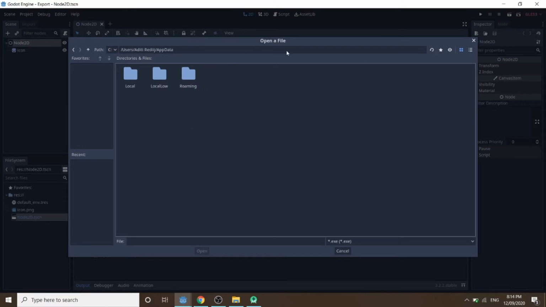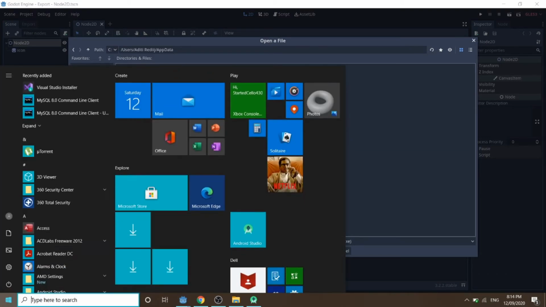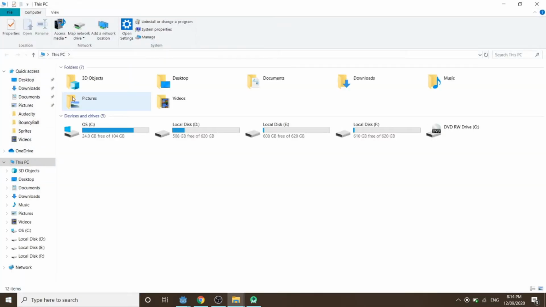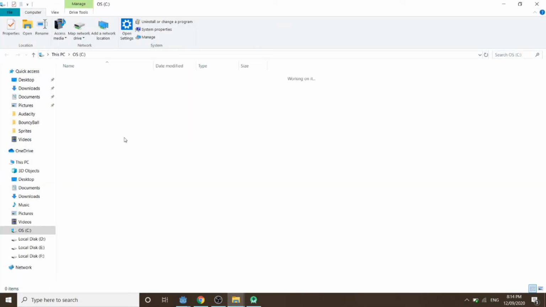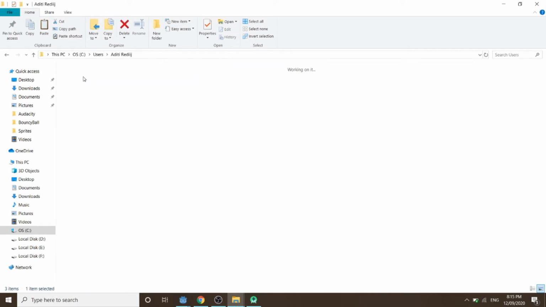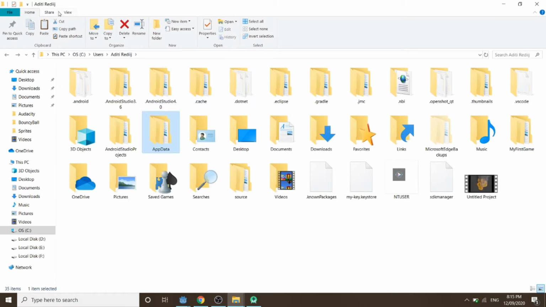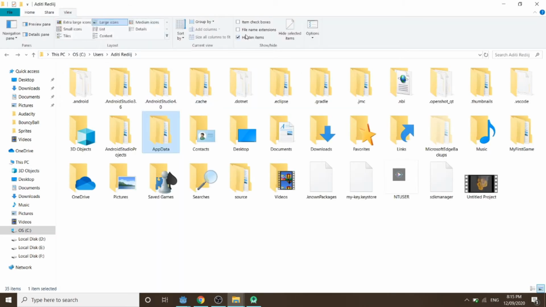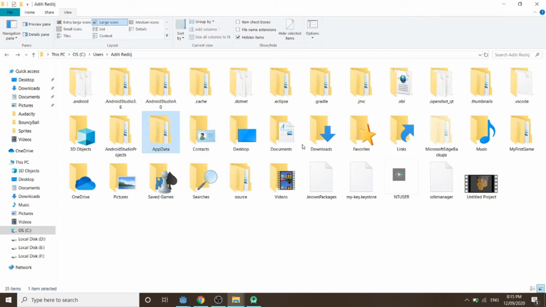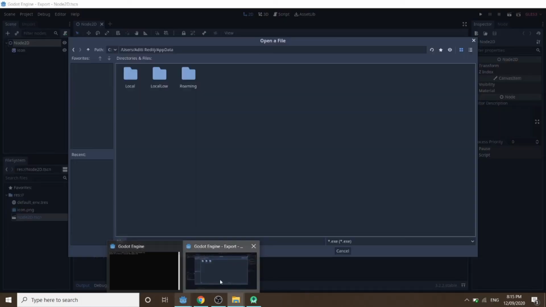Now some of you may not be able to see the AppData folder because by default on some machines it is hidden. So you just have to go there from File Explorer, go to the path in which I showed the AppData folder, and that is C, Users, your profile. Here check in the View if Hidden items is checked. If checked, the AppData folder will be shown. Go to the properties of the AppData folder, uncheck Hidden and apply. It will take some time.